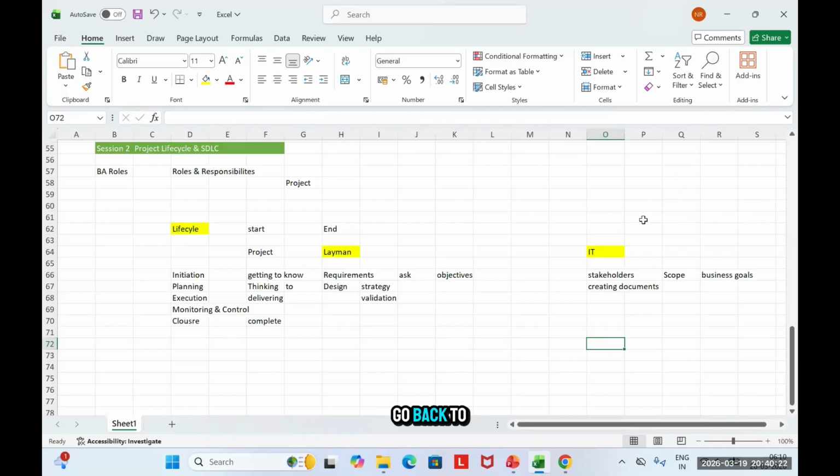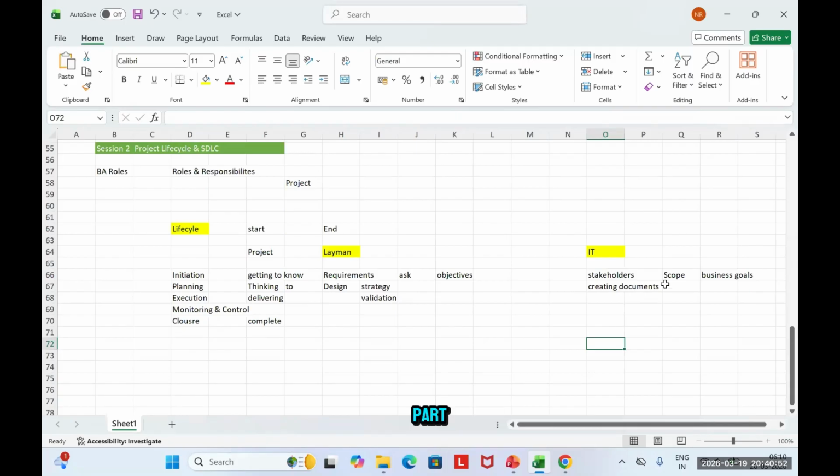So you can go back to this document and say that we agreed on this term. You can call it that the document acts like an agreement that both parties, your business and your implementation, agree that this is what we are going forward with and will build on. So that's why we need a document. What all documents are needed, we'll start learning in the upcoming classes.